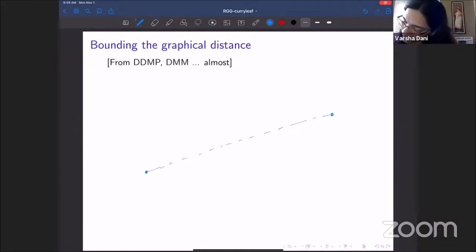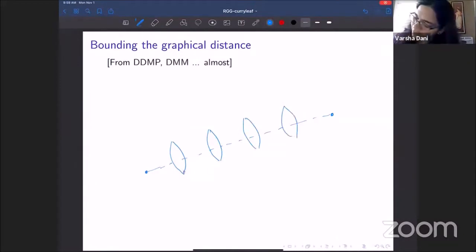So if I look at a sequence of convex lenses like this, okay? And each of these has width something of the order of r to the negative 1/3, and height